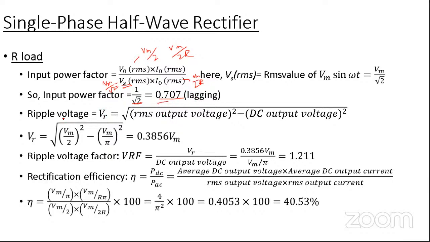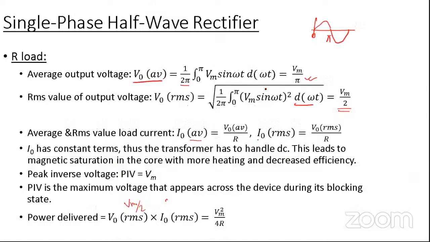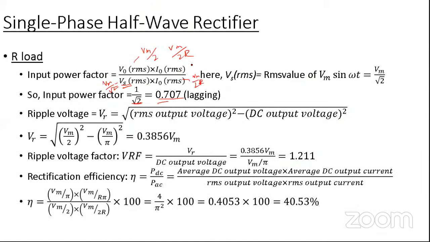Now you have to find out that ripple voltage. Ripple voltage means, if you observe this output voltage waveform, it is not a flat DC; some ripple is there. So you have to find out what the ripple voltage is, and the standard definition of ripple voltage is